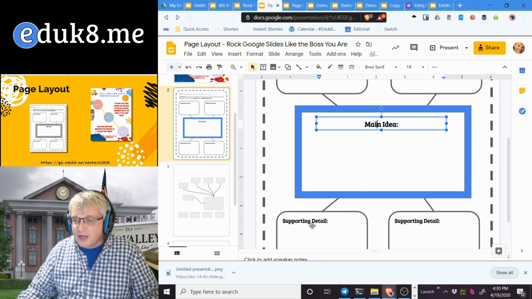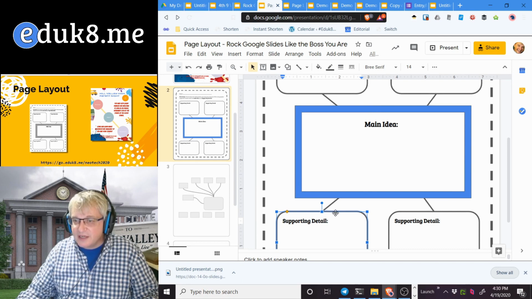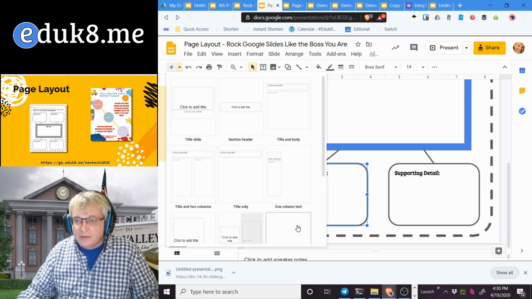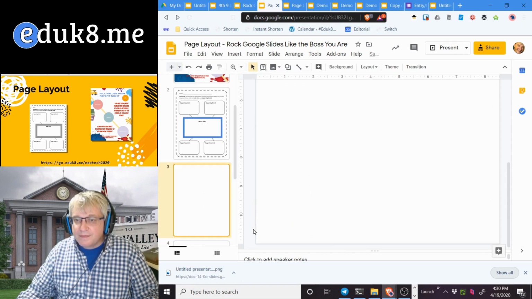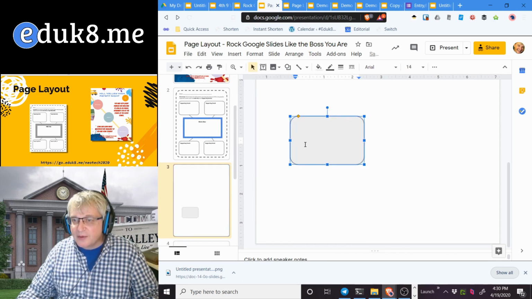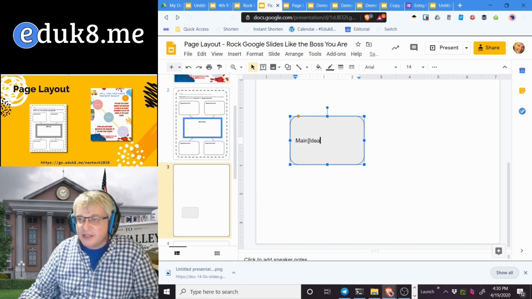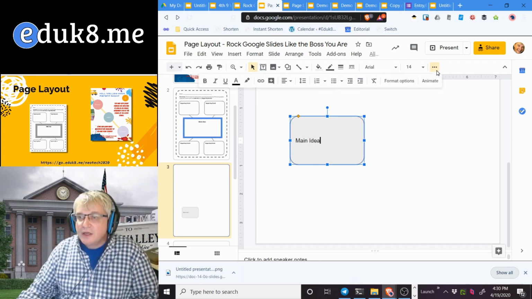This is just a text box. These are just text boxes. Well, these two aren't. This is a text box in there. When you draw another box, let me add another. When I drew those boxes and double click on there, main idea, it puts it in the middle. But if you look at your text options, one of these,